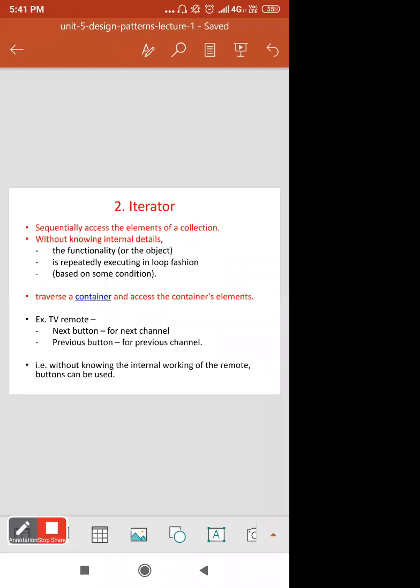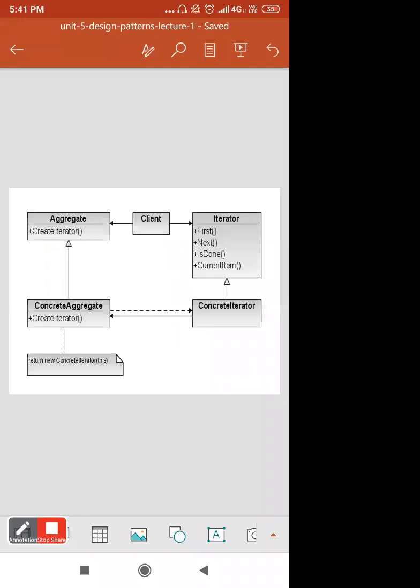So that is called the iterator pattern. The example of the same is given here through classes and objects, and the relationship and communication between them is in the manner of request and response.